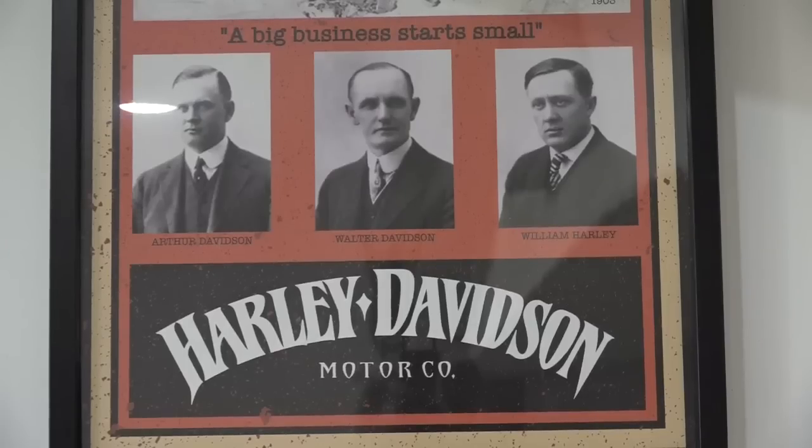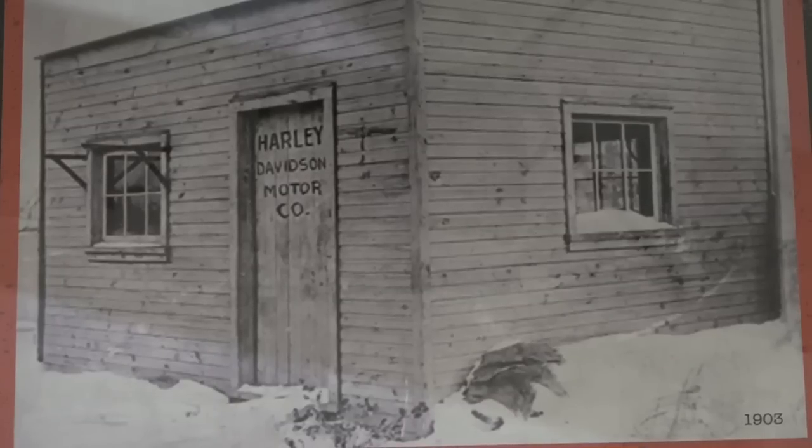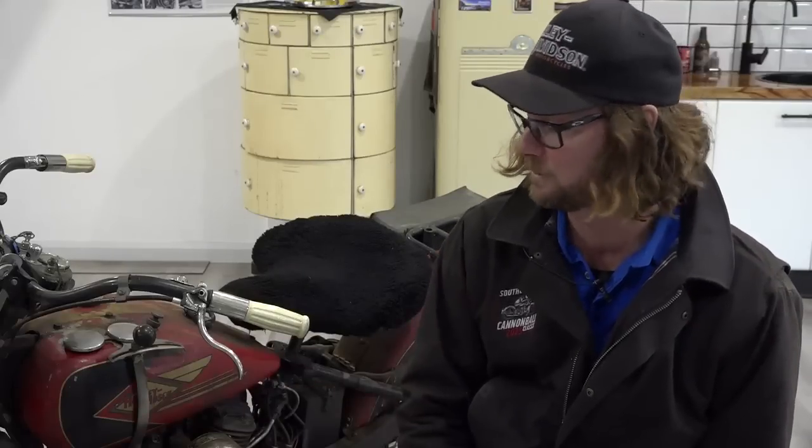Harley have a pretty cool history when you date back and look at how they did it, starting from a shed. They had a vision to make a bike, and all these years later, Harley is still going. I love this bike because,